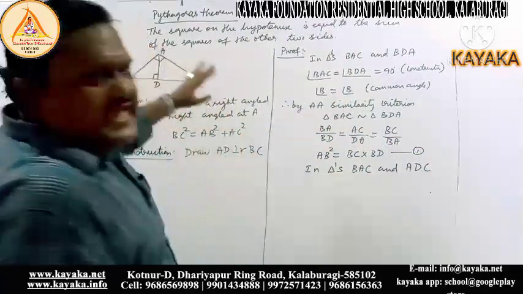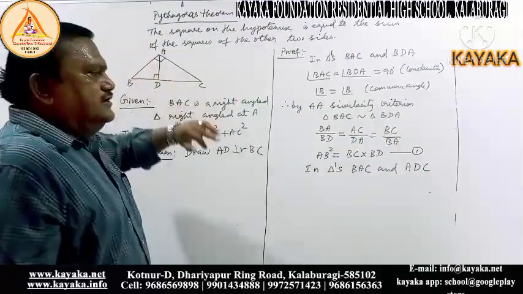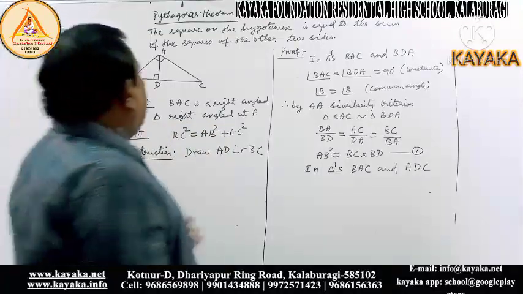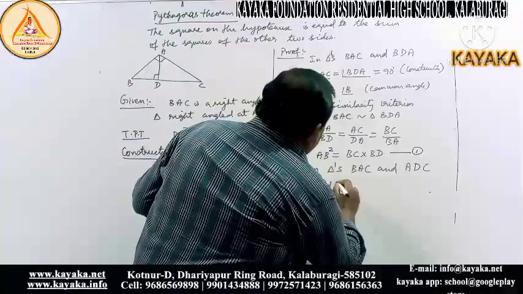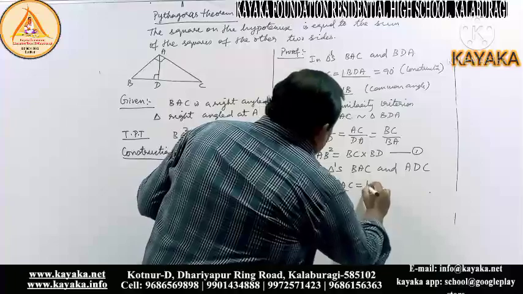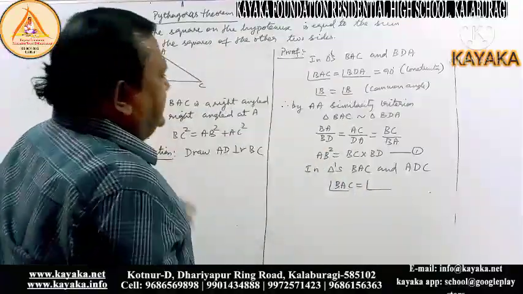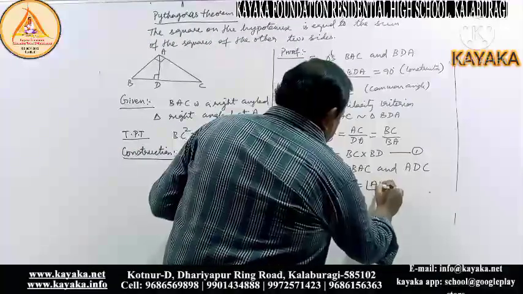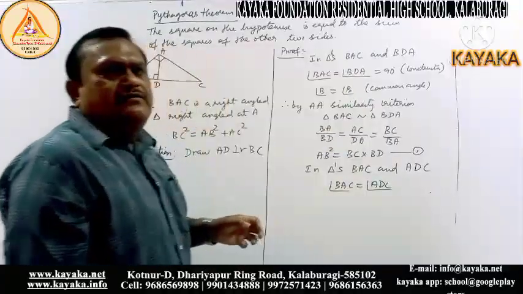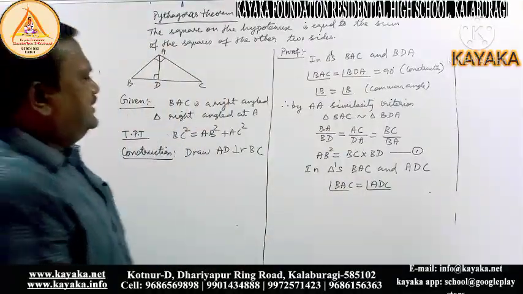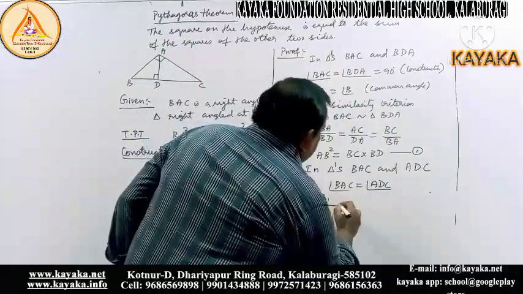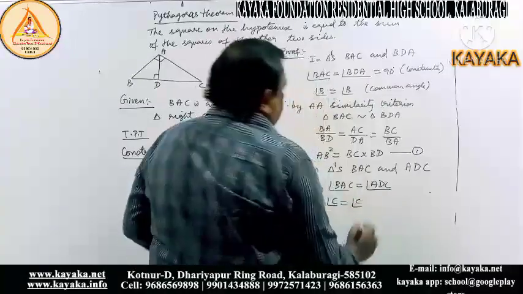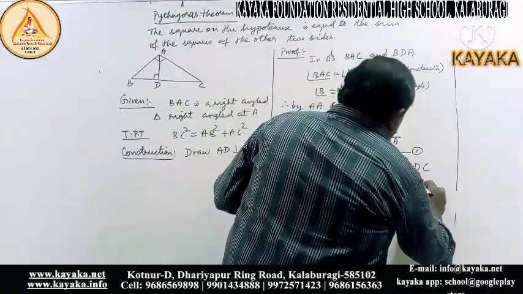In triangles BAC and ADC, if you take these two triangles, angle BAC will be equal to angle ADC, and we get angle C equal to angle C. Thus by construction,